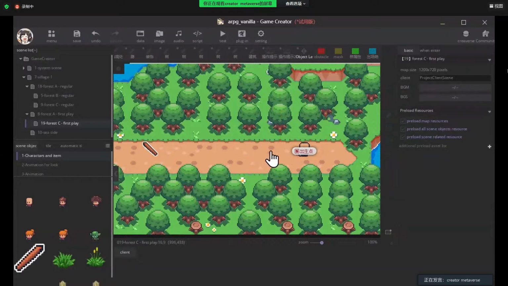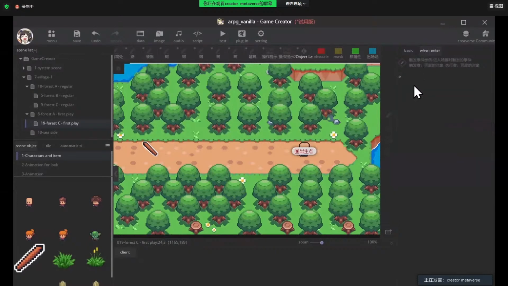Since we are creating an ETH smart contract interactive game, it would be better to load and initialize the ETH smart contract when we just enter this game. So we're going to put the parameters here, when entering this scene, to load the smart contract address and ABI, those kinds of parameters.